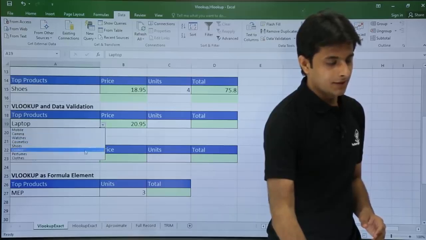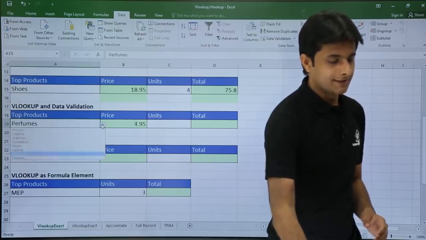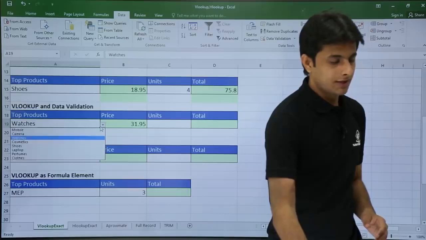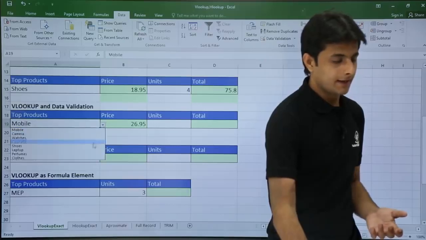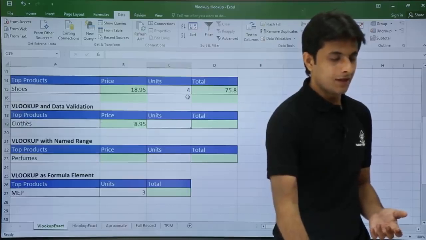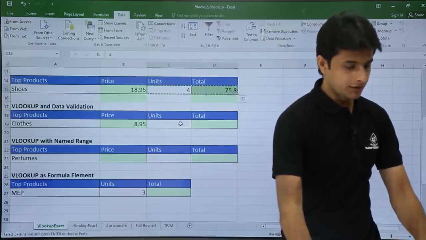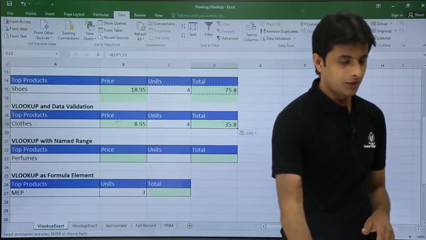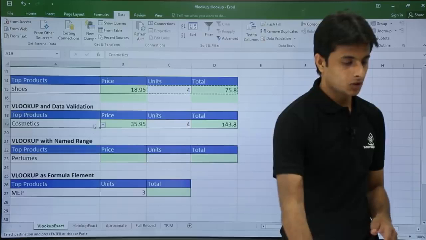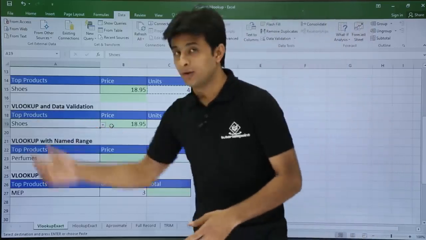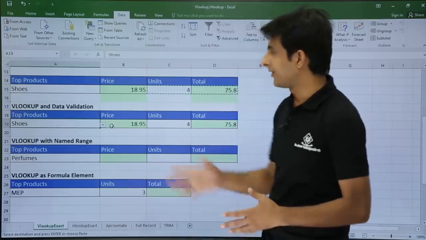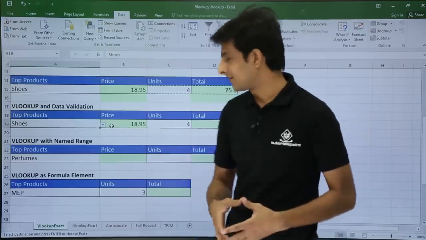I'll select the option as perfumes, I'll select watches and mobile, anything, let's say clothes. Same way I can just copy the formula, Control C, and press Control V. So I'll keep on getting the answers, cosmetics and shoes or laptop. This way you can work VLOOKUP with data validation and keep on getting the answers.